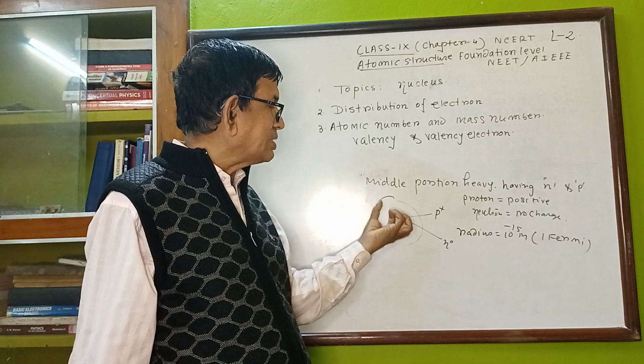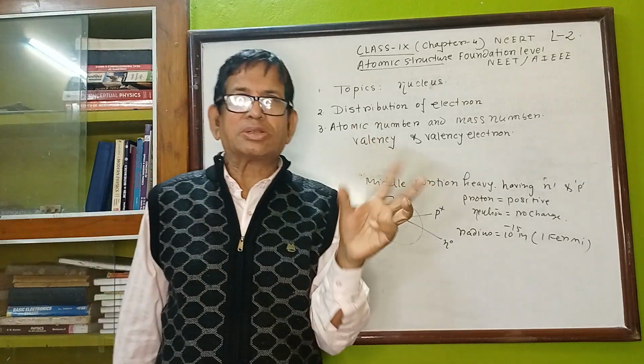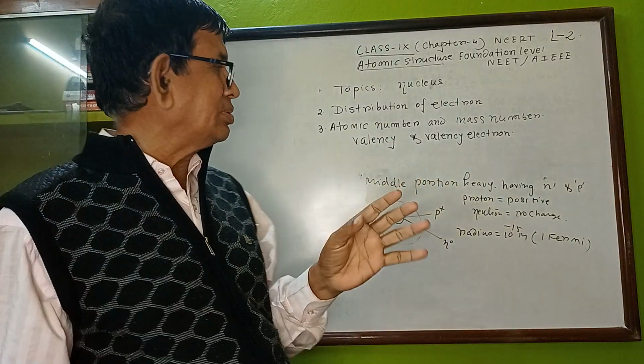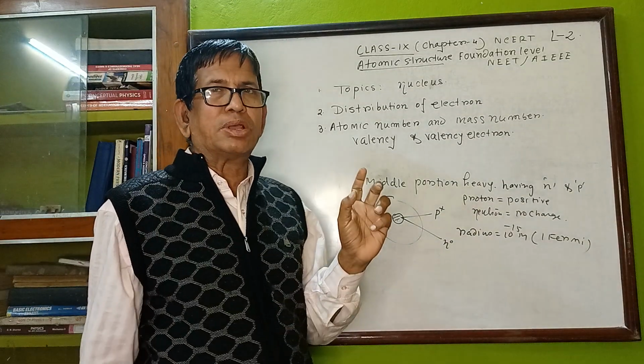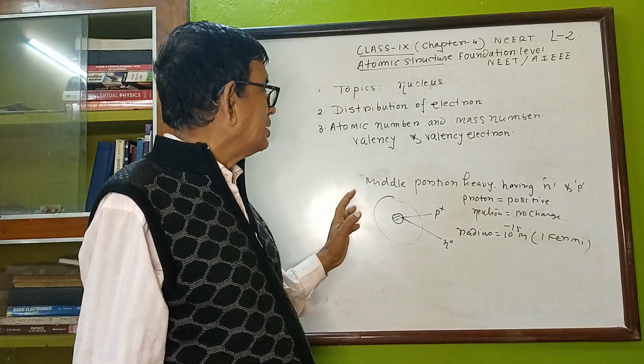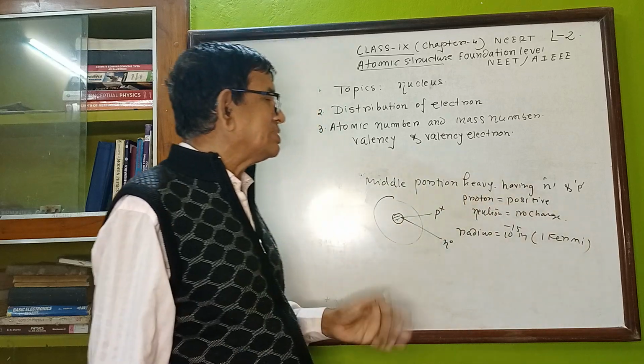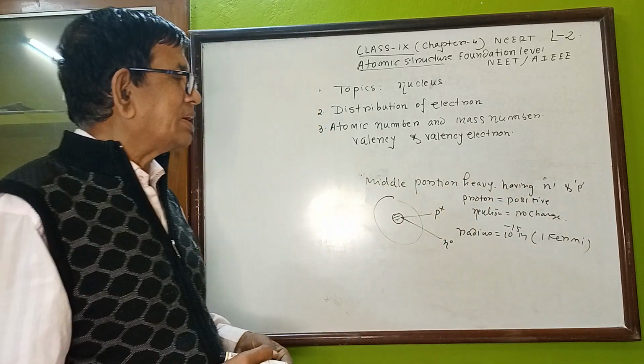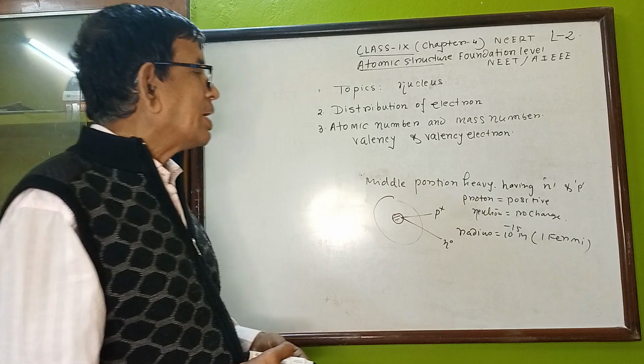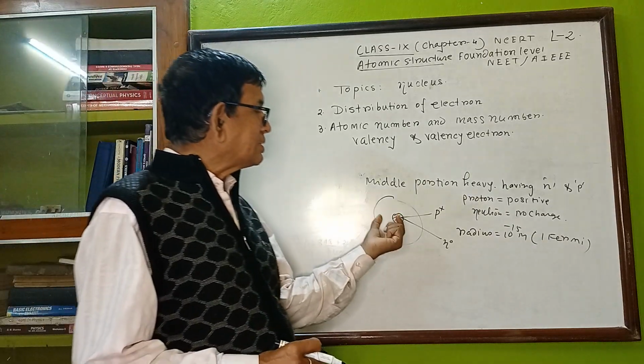Now, the middle portion has the total mass. Mass of the atom is due to proton and neutron, because mass of electron is negligible. Proton has positive charge and neutron has no charge, radius 10 to the minus 15, and in that case,